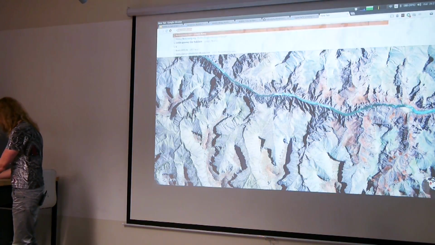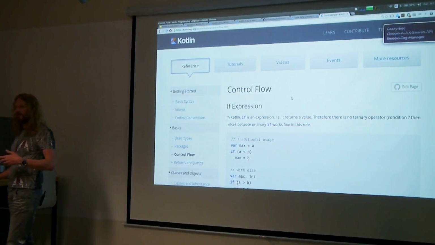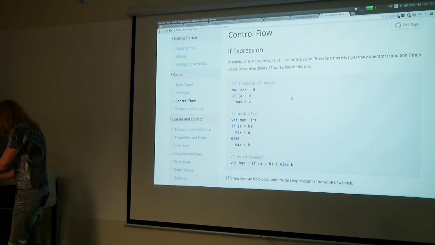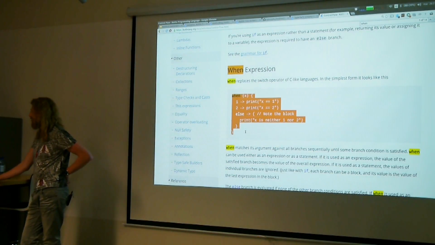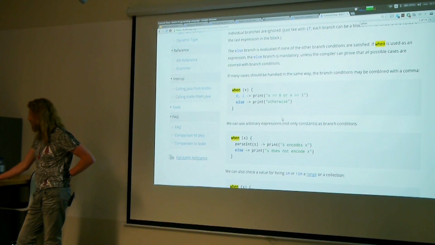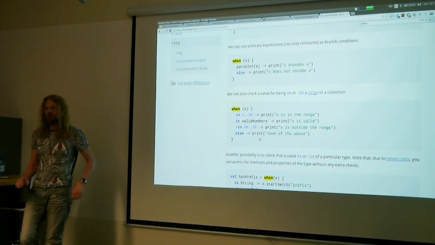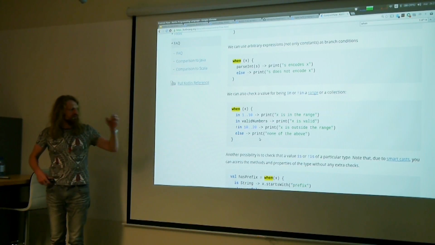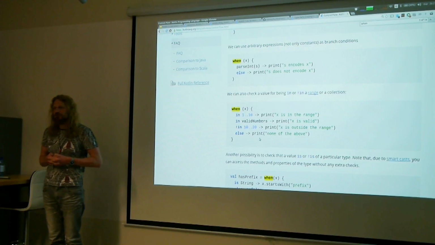If we look at the documentation of Kotlin, there is not a lot of it, and the good thing is that you can read it all in maybe one or two evenings. So let me see the when expression. By default, it's something like a Java switch, but a little bit better. In more advanced cases, it becomes a little more like pattern matching in Scala. So you can write this kind of thing. I think most of the use cases are covered by this, and I want you to tell me which aren't, because I haven't used pattern matching too much in Scala.